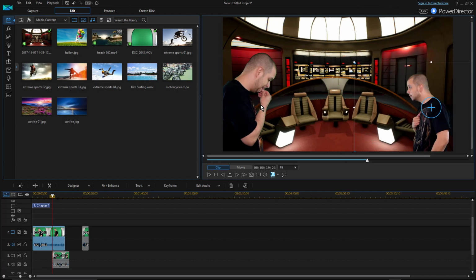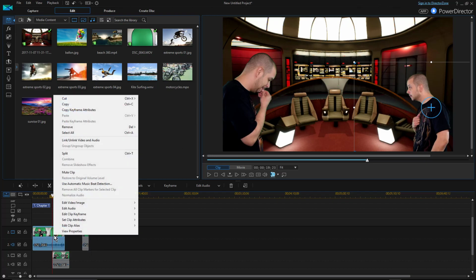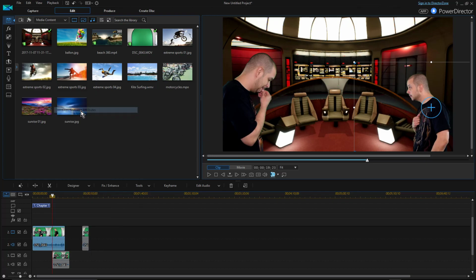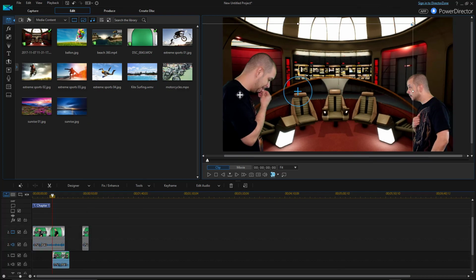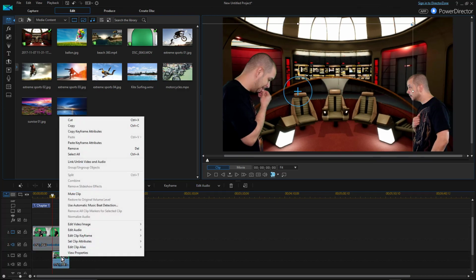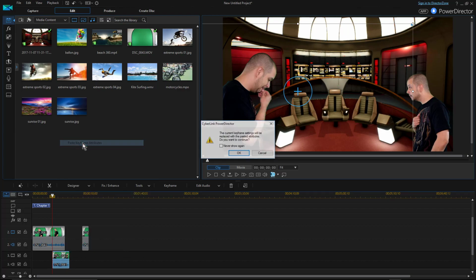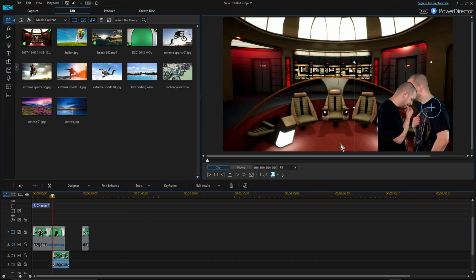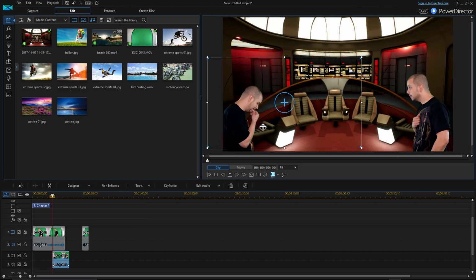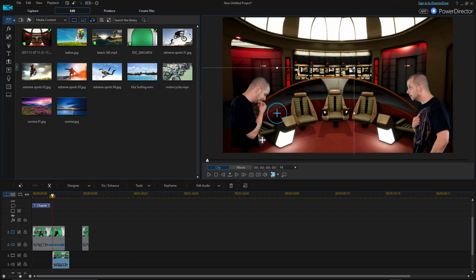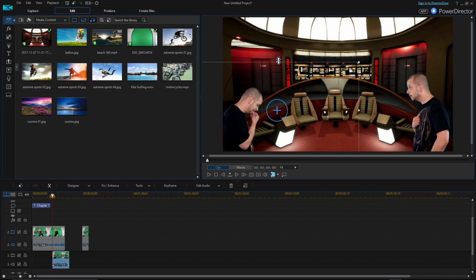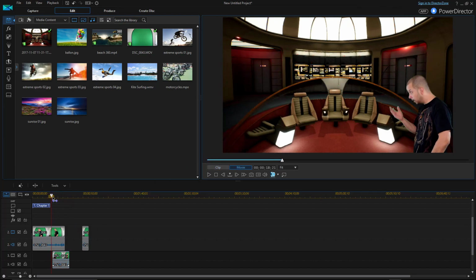Now, if I want him to look like this guy, all I have to do is just right-click and then copy keyframe attributes. Click this guy here in the timeline and right-click and paste keyframe attributes. Press OK. Now this should be roughly the same size. Kind of, because it was just the way I shot that scene. I was closer to the camera on the right hand side and then I wasn't so much on the left hand. Now we got to find an entrance, a way for him to enter